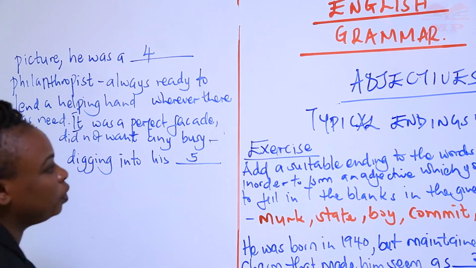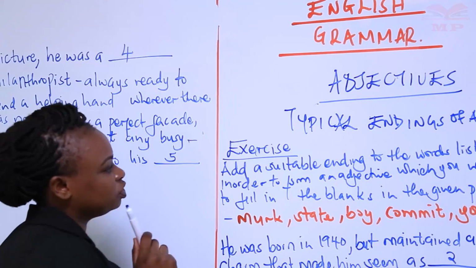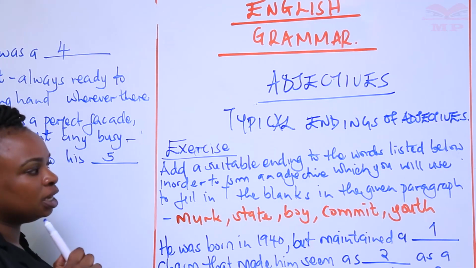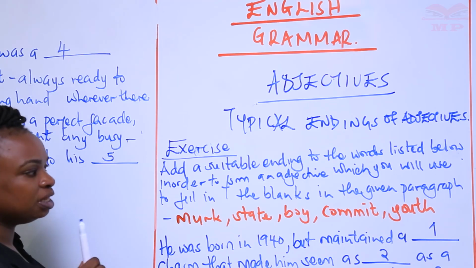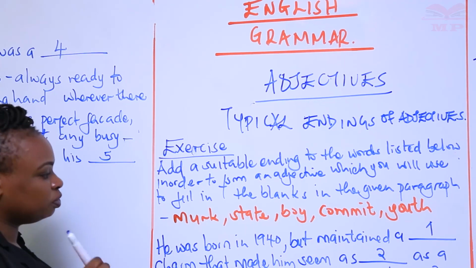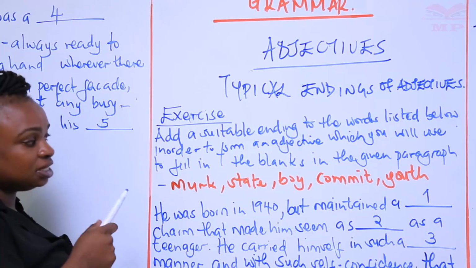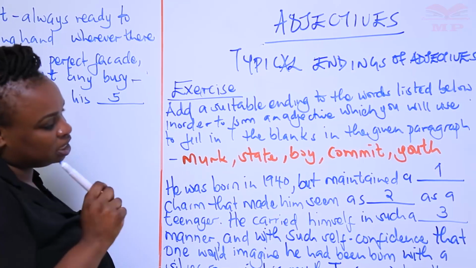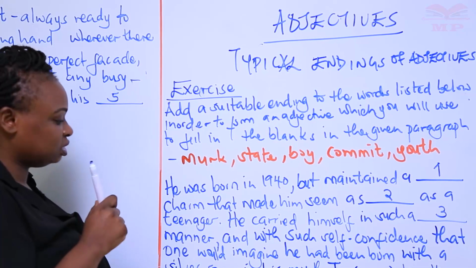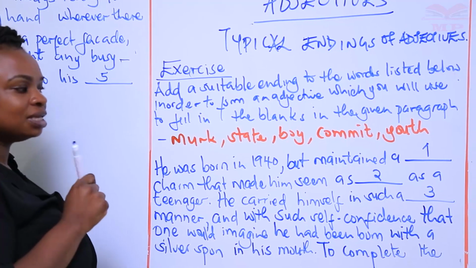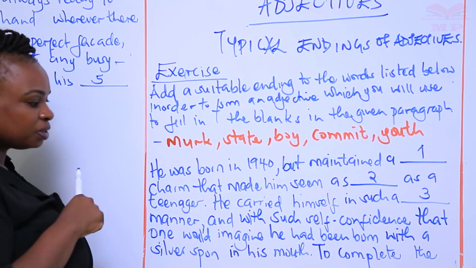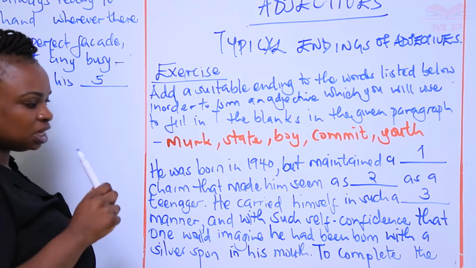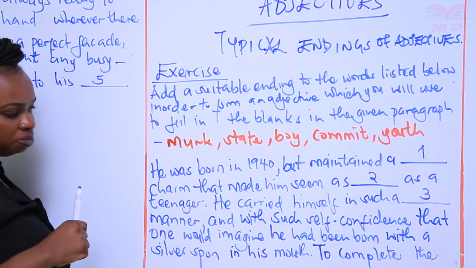Okay, so in the exercise, add a suitable ending to the words listed below in order to form an adjective which you will use to fill in the blanks in the paragraph. So the words are mark, state, boy, commit, youth. He was born in 1940 but maintained a dash charm that made him seem as dash as a teenager. He carried himself in such a dash manner and with such self-confidence that one would imagine that he had been born with a